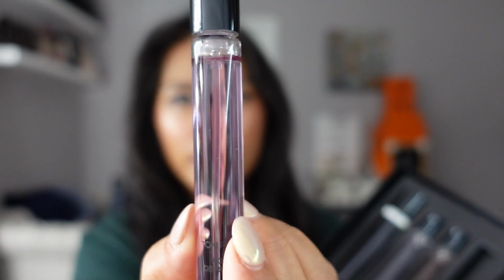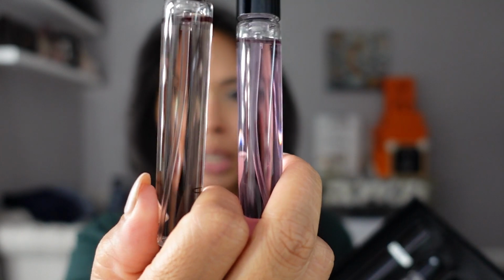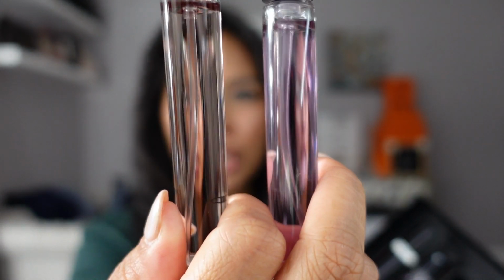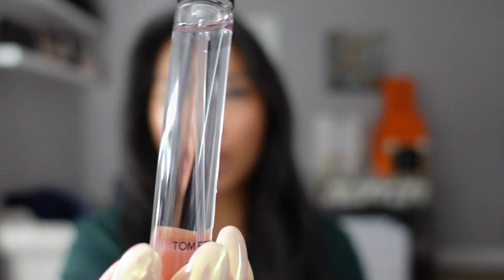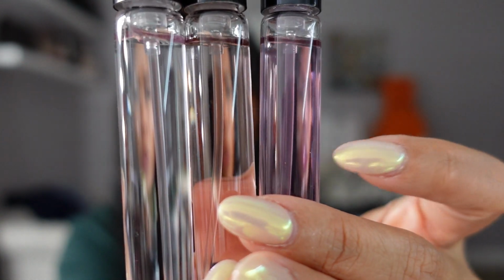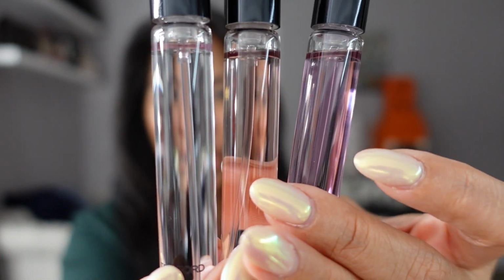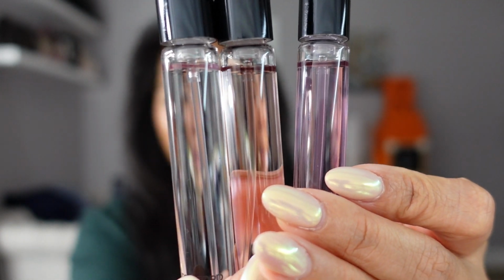And it's so pretty because of the 3 fragrances, it's the prettiest color. It's mostly purpley. Rose de Chine is more kind of a light peach color. And then Rose d'Amalfi is probably the most transparent of the 3. So here's the Rose de Russie. I feel like it should be swapped. The Rose de Russie should be more of a clear, transparent, or even more black color to represent the ashy,